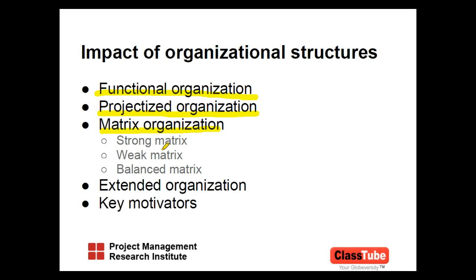whereas in a matrix organization, again, it can take three forms. In a strong matrix, the project manager will have more authority than the functional manager. In a weak matrix, the project manager will have less authority than the functional manager, and in a balanced matrix, the project manager and the functional manager share the same kind of power equation. So we should really understand the organizational structures of our customers, our own organization, and the suppliers and other key stakeholders. We should analyze organization structures before classifying them into these categories.